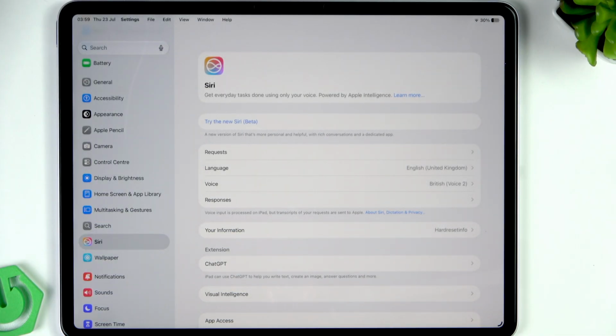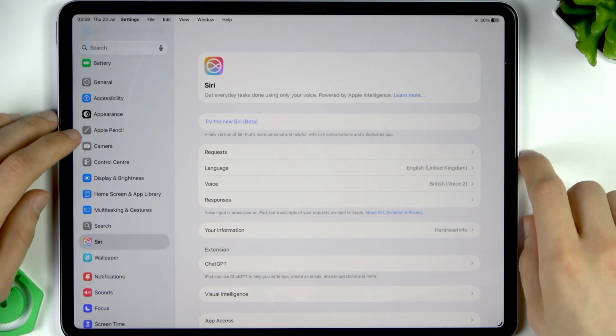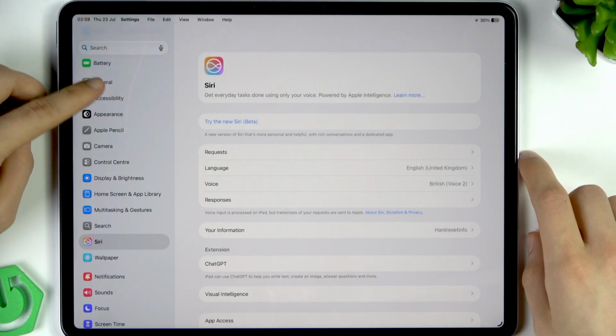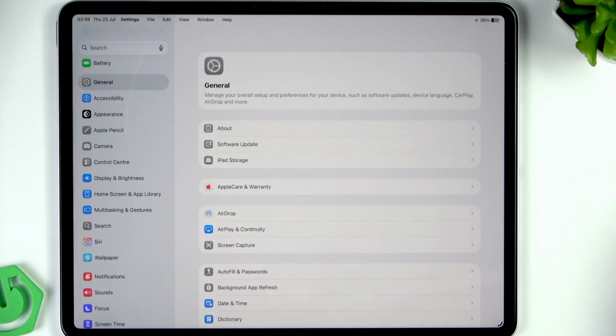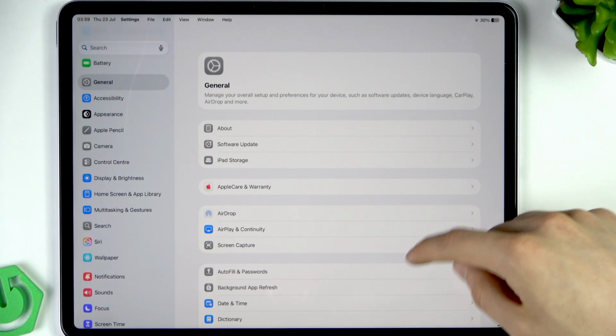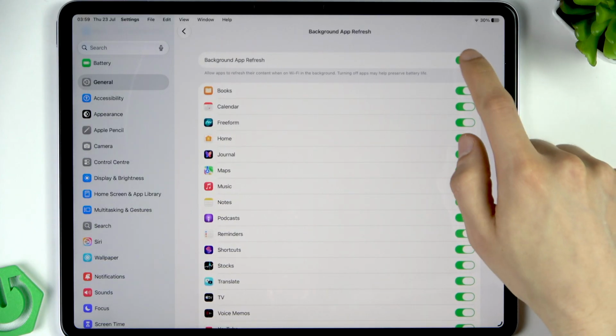Besides, we can also turn off the background application refresh, which refreshes the app's content for the applications that are working in the background and also constantly consumes our battery. To do that, we have to go to General in Settings, then find Background App Refresh and disable this feature,